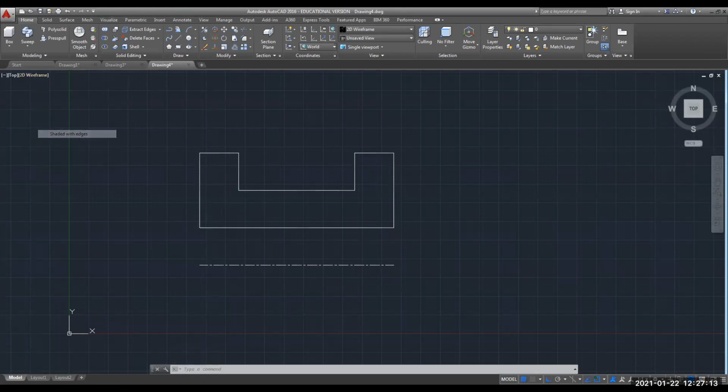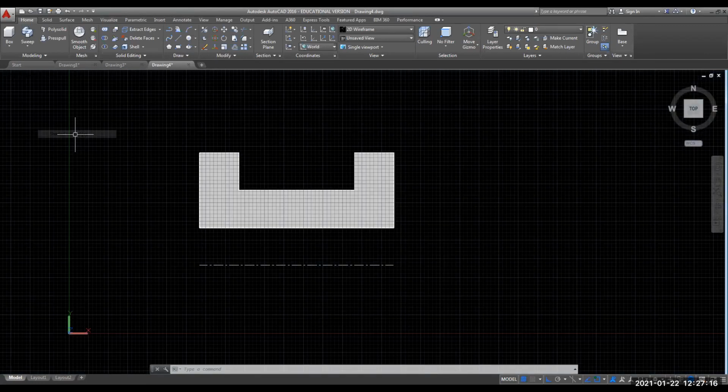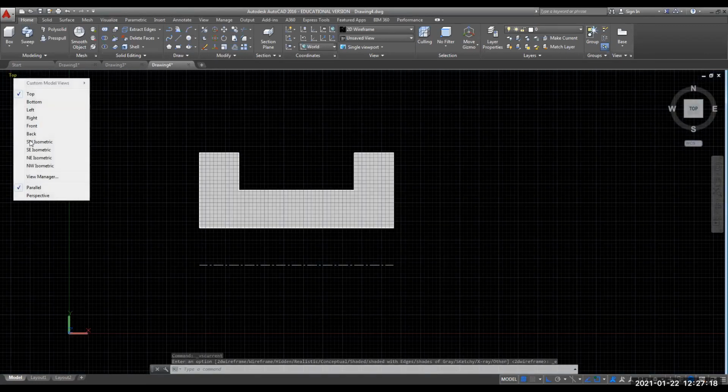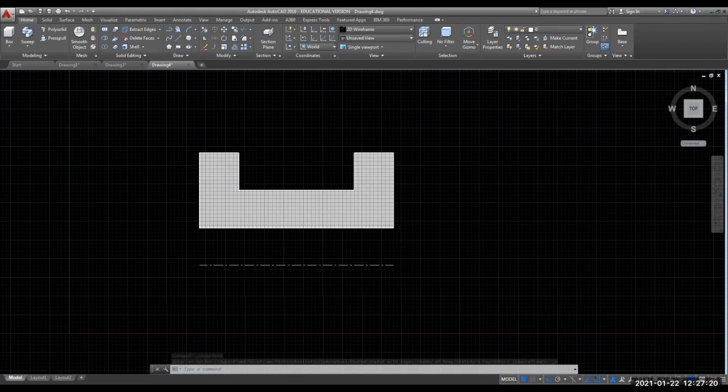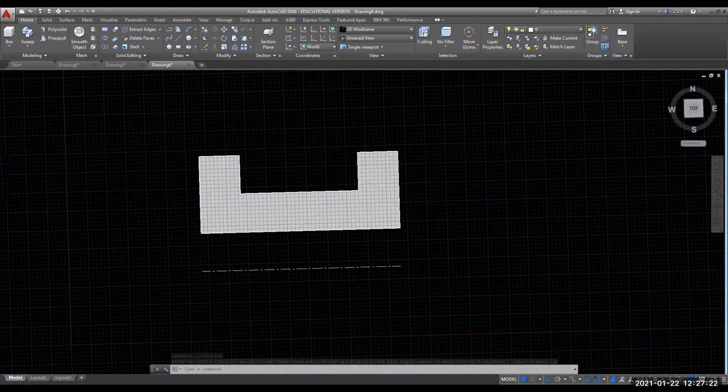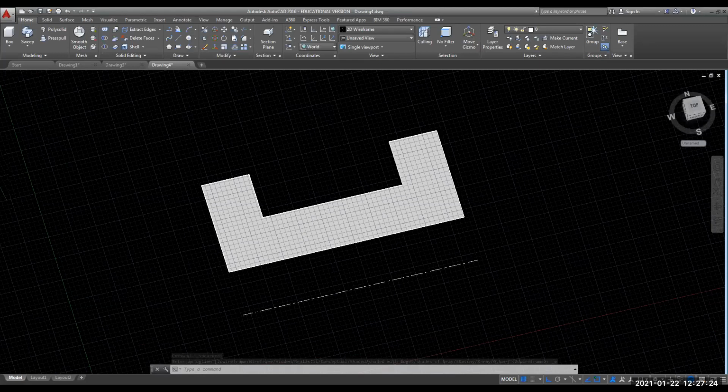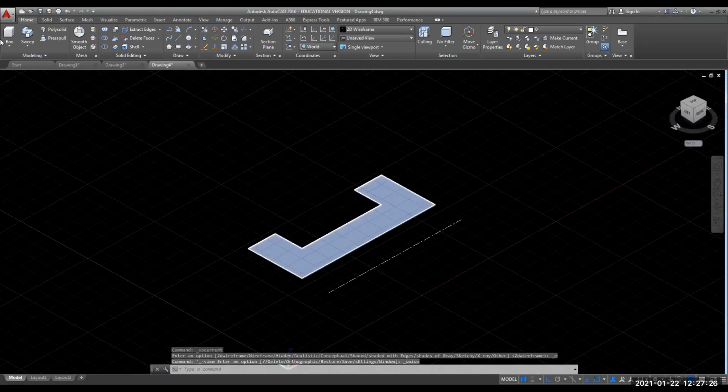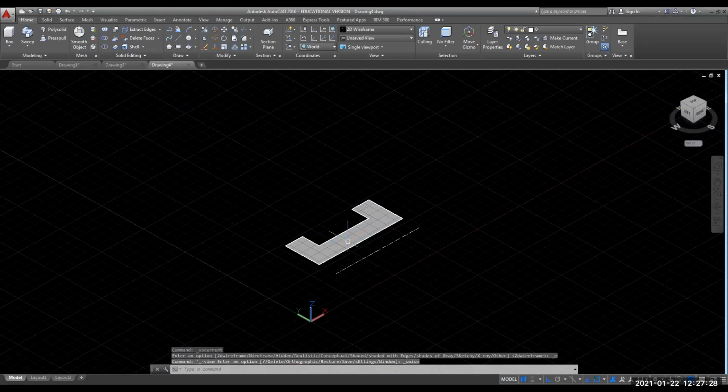Make it shaded with edges, and convert the view to isometric. Now to make this into a pulley, we need to use the revolve command, though the diameter will be very small for the shaft. No issue.